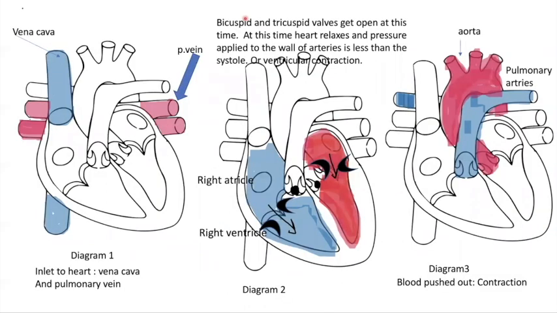So now we have understood what is happening. During the expansion, the heart is filled with both bloods, blue blood and red blood, and at this time the tricuspid and bicuspid valves are open. And in the second phase, blood is always going out of the heart, and the semilunar valves are open and the tricuspid and bicuspid valves are closed, such that the blood won't go back to the auricles. So there are two inlets for the blood you have seen here, the vena cava and the pulmonary vein. And there are two exits from the heart, that is the pulmonary artery and the aorta.